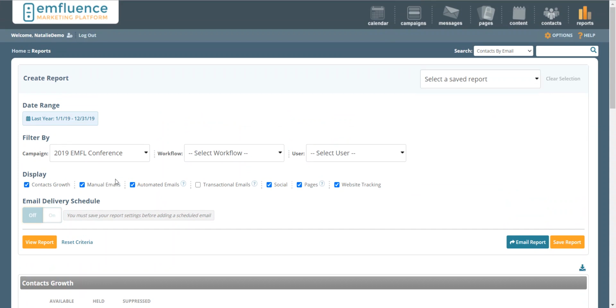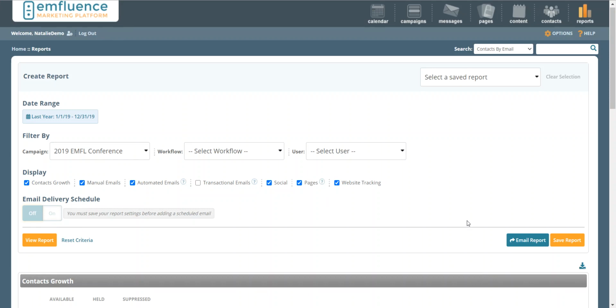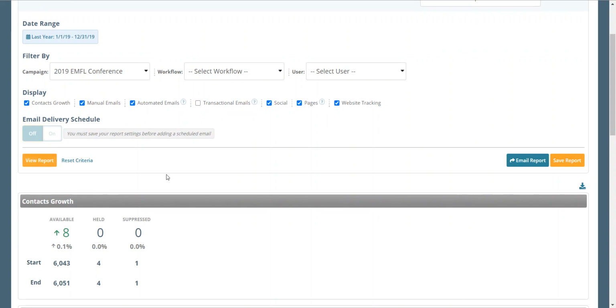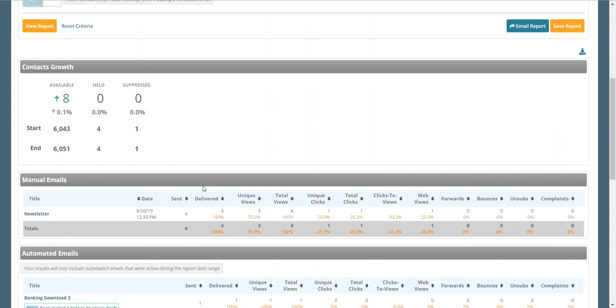I always recommend taking a look at these by campaign. Pick which elements you want to take a look at. If you want to create a delivery schedule so that it maybe lands in your inbox on the first of each month, you can do that here. You can also email this to people who may be part of your team but may not have access to the influence marketing platform. And then just click View Report and you'll be able to see things like contacts growth,